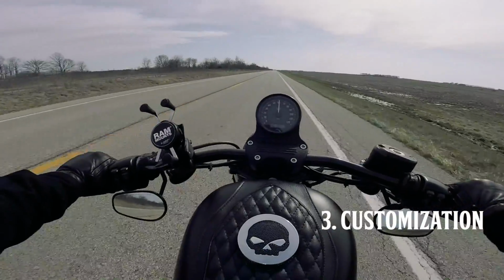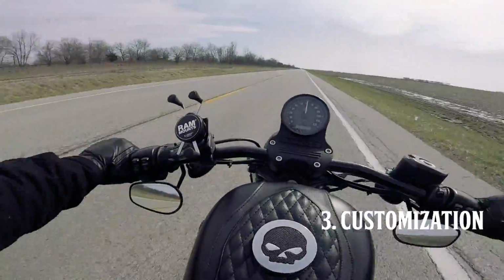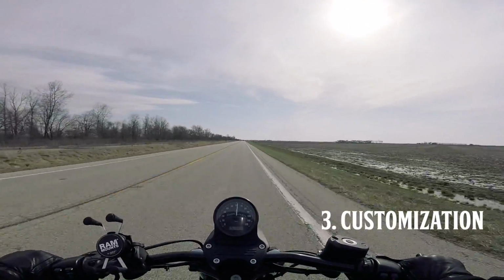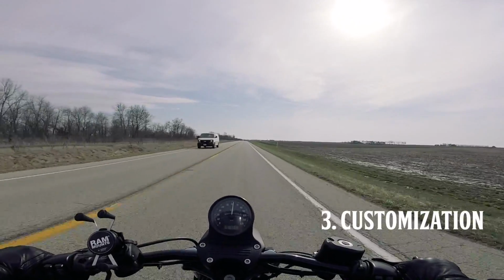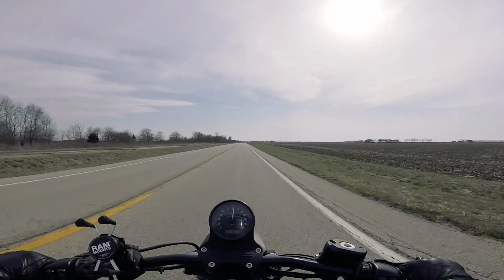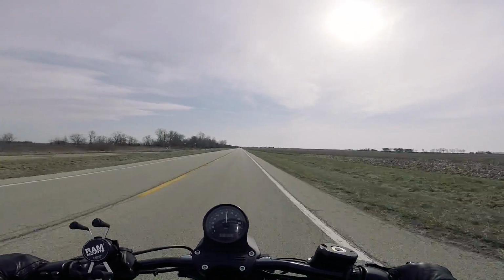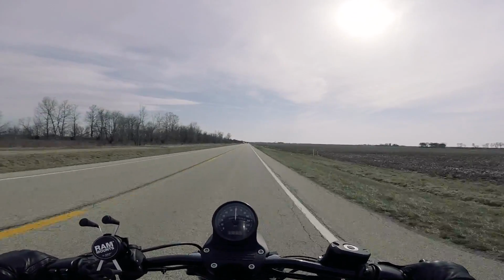But yeah, you can do some great things to really make the look of this thing your own. And I've seen some cool looking irons, man. They do some weird but cool at the same time stuff, and it's like every iron fits every owner's taste. So number 4 on the list about the Iron 883 that really appeals to me